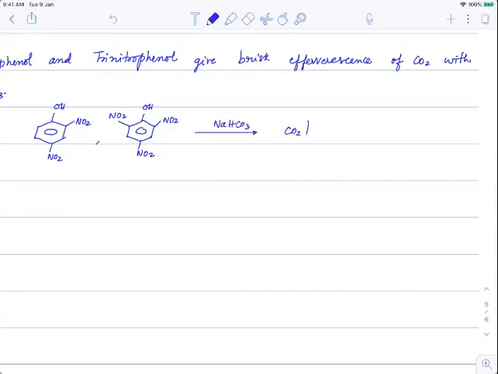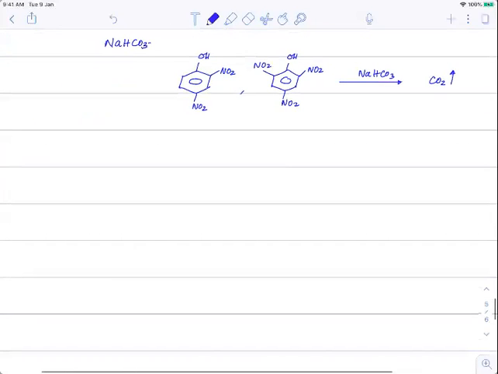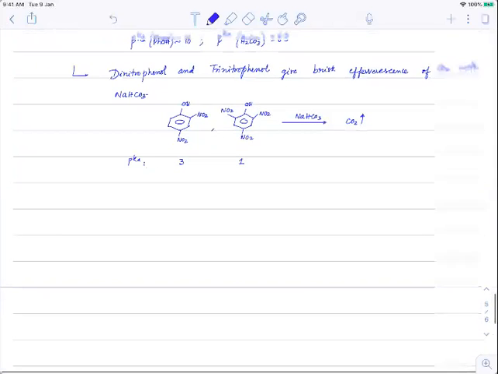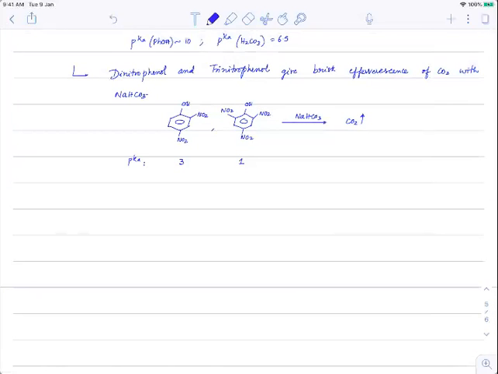CO2 gas. The reason for that is, if you check out the pKa values for the same, the pKa value for this is almost 3 and this is almost 1. So obviously they have become very, very acidic. So usually phenols do not give a positive test towards sodium bicarbonate, but these two are exceptions. When you have dinitro and trinitro, they will definitely give a positive test, and that's how you will see carbon dioxide gas will be evolved.